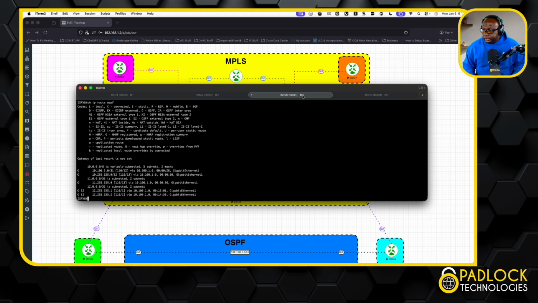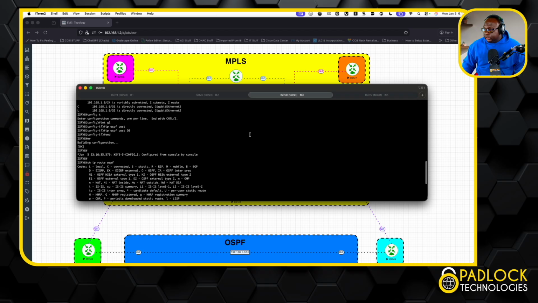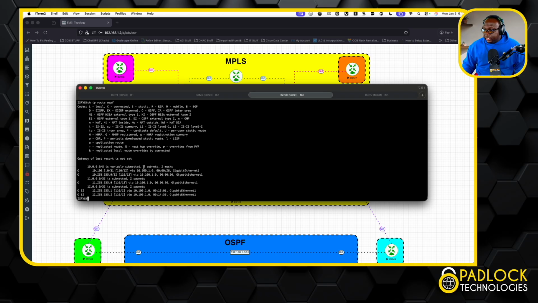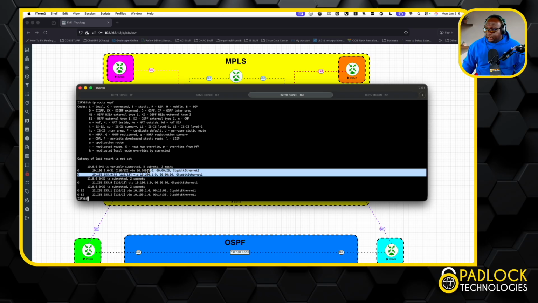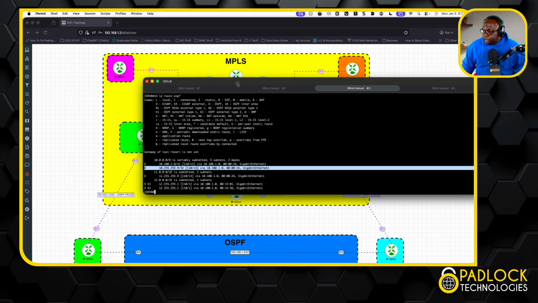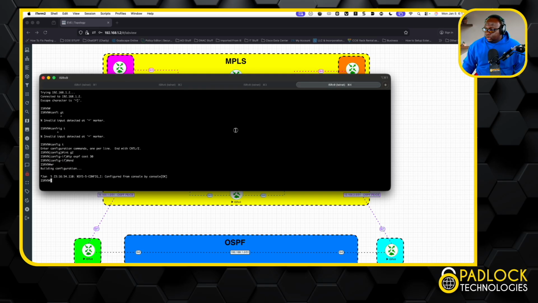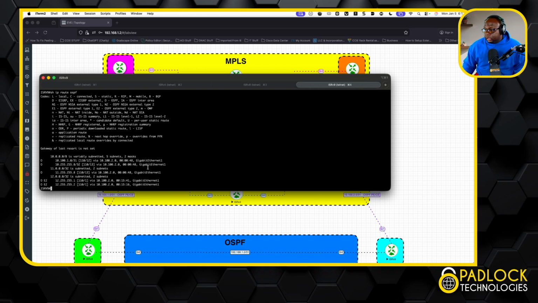And as you can see, when we originally did this, before we did this, let's say router 9's loopback was still being shown over the backdoor link, right? Once we change the cost value, now we're back to seeing it go over the MPLS, because 10.100.1.0 is technically this link here. Same thing on the other side. So originally, we didn't do router 9, but we should see now it's going through the MPLS